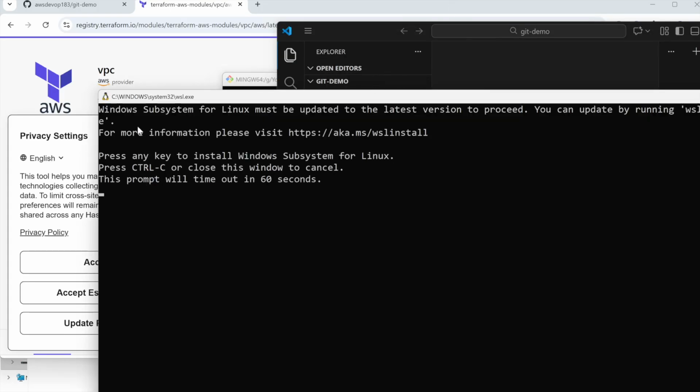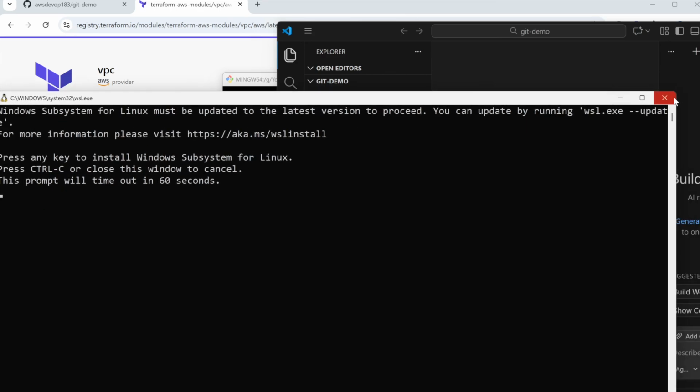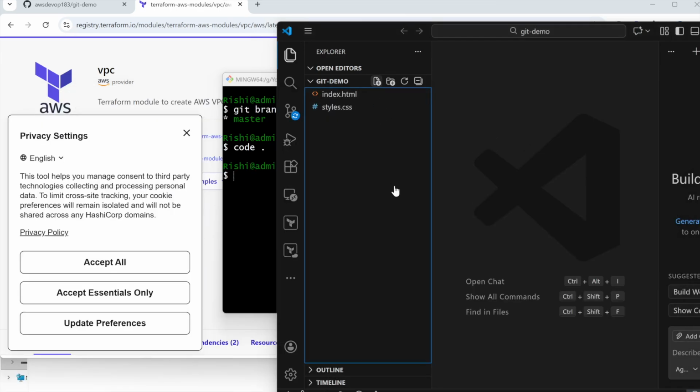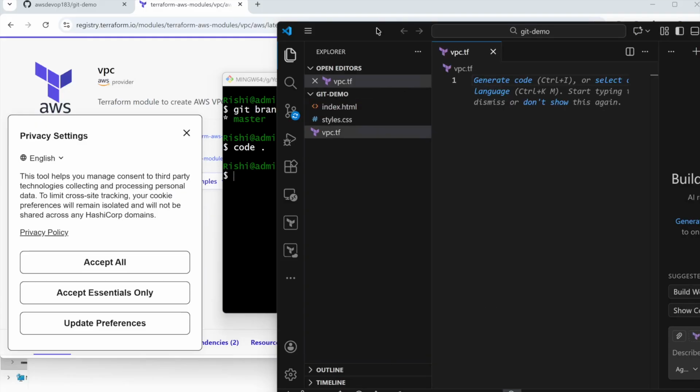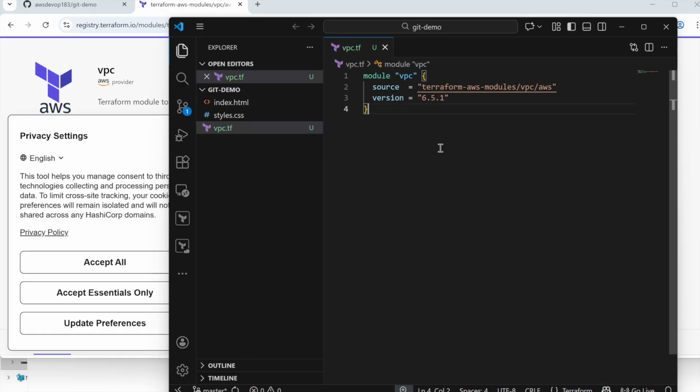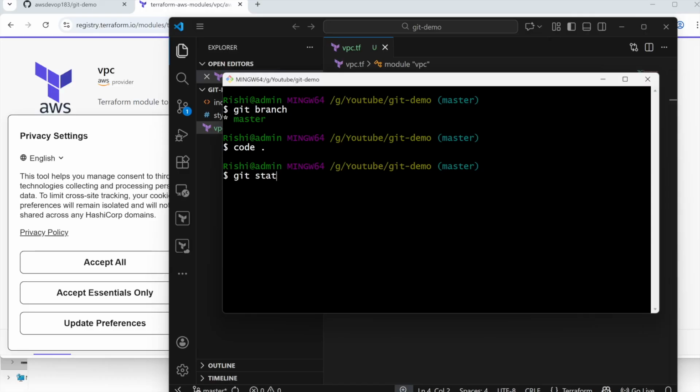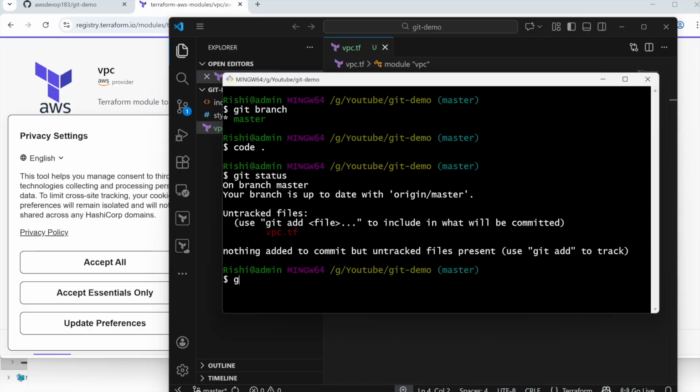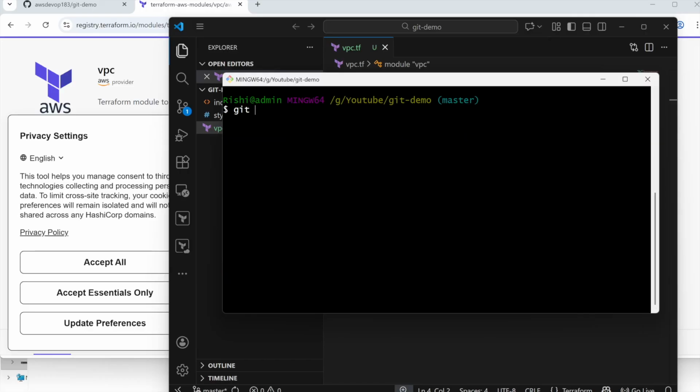I'm just gonna add a file. So let me cancel this, add a vpc.tf file. So let's paste this and save it. Now if you go back to git bash again, if you run the command git status, that looks fine. Now what you're gonna do, git add dot and then git commit -m,